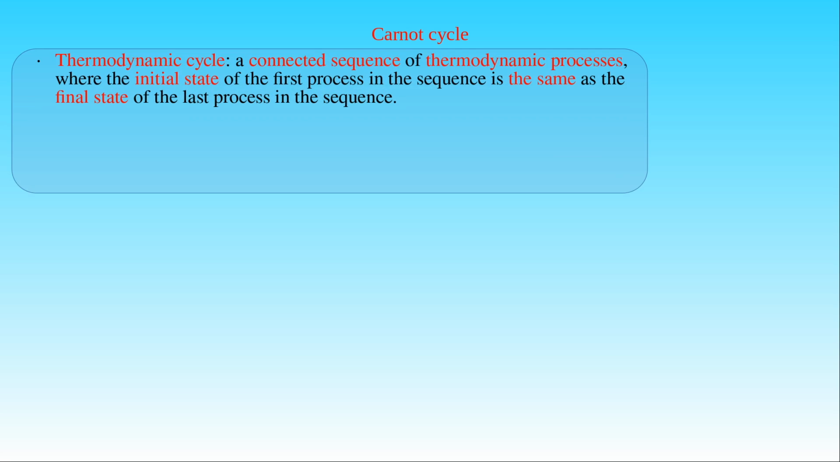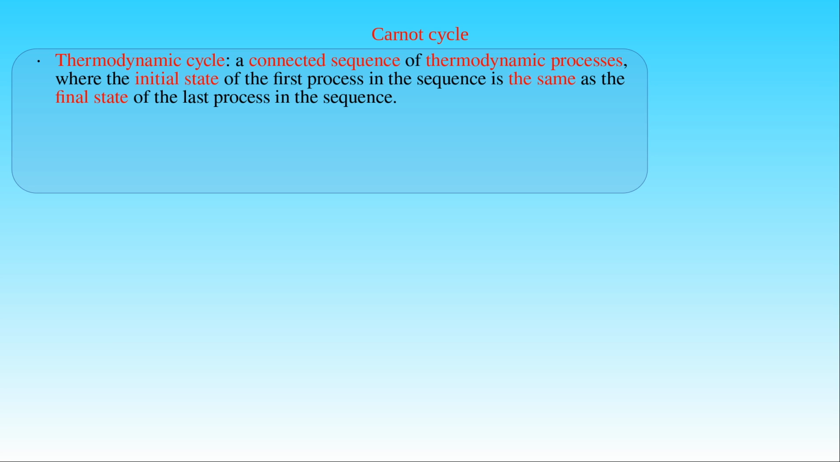Now we present an important thermodynamic process called Carnot Cycle, which is a theoretical model describing the thermodynamic cycle converting heat to work in steam engines. When we introduced the concept of thermodynamic cycle, we defined it as a connected sequence of thermodynamic processes, where the initial state of the first process in the sequence is the same as the final state of the last process